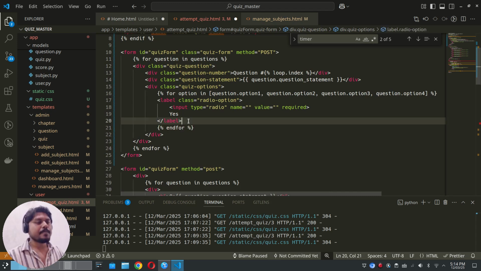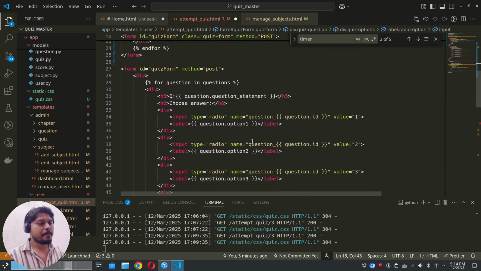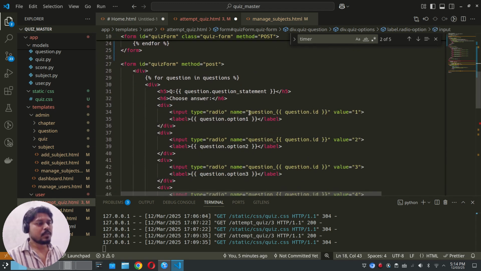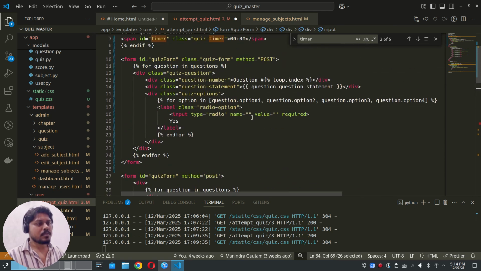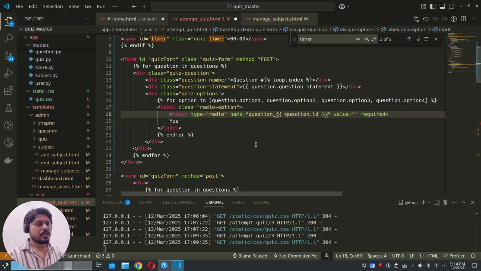and then just fill in the values. The name is the same, the question ID. Copy this one, paste it here, and that is the question. So the question.id we are getting from here, this one. Okay, and the value will be